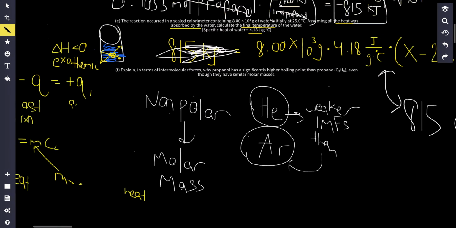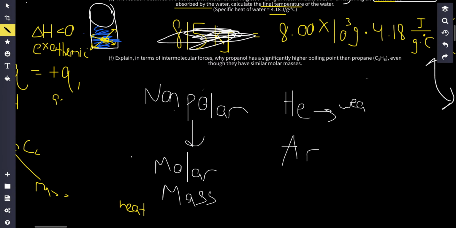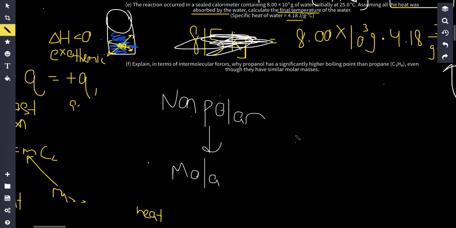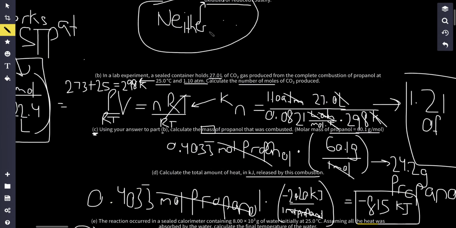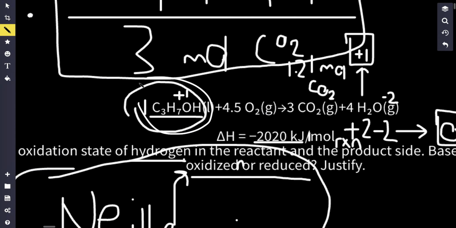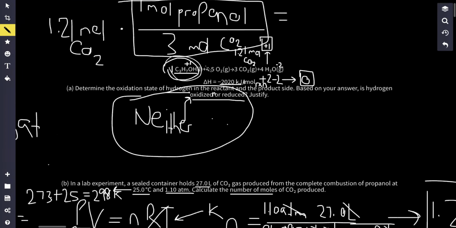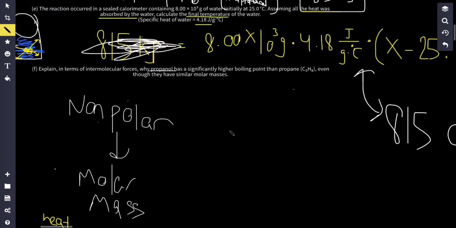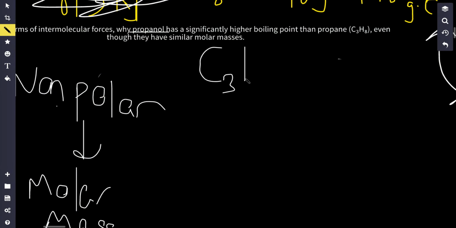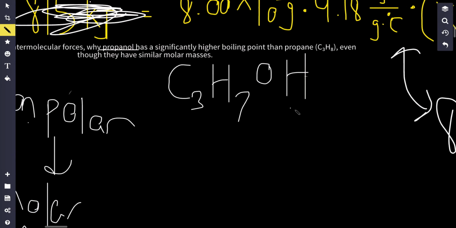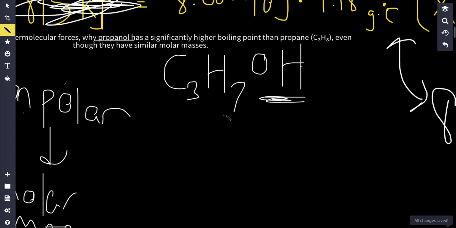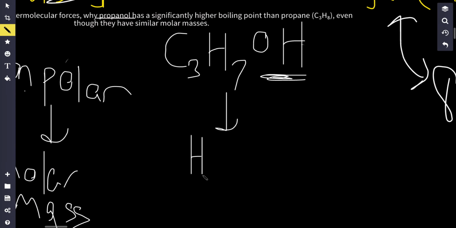Now, the first thing that I notice is that propanol, if y'all don't know, once again, all of these problems are related by this reaction. So yeah, propanol is C3H7OH. All right, think I get that right? Yep, I copied it all down. This is propanol. Now notice how this has this OH at the end, meaning that this right over here has